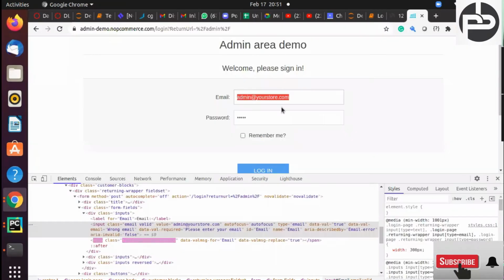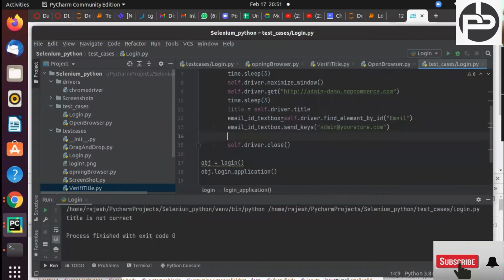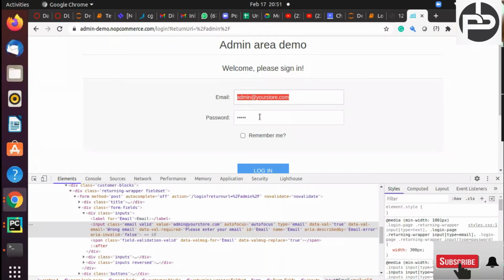Now we are passing the email. Similarly, we have to pass the password field also. How can we pass it? First thing, inspect the element, then perform the action. In the very first class, I told you automation is nothing but these two things: identify the element and perform the action, and your job is done. There is no R&D, no rocket science you have to launch.